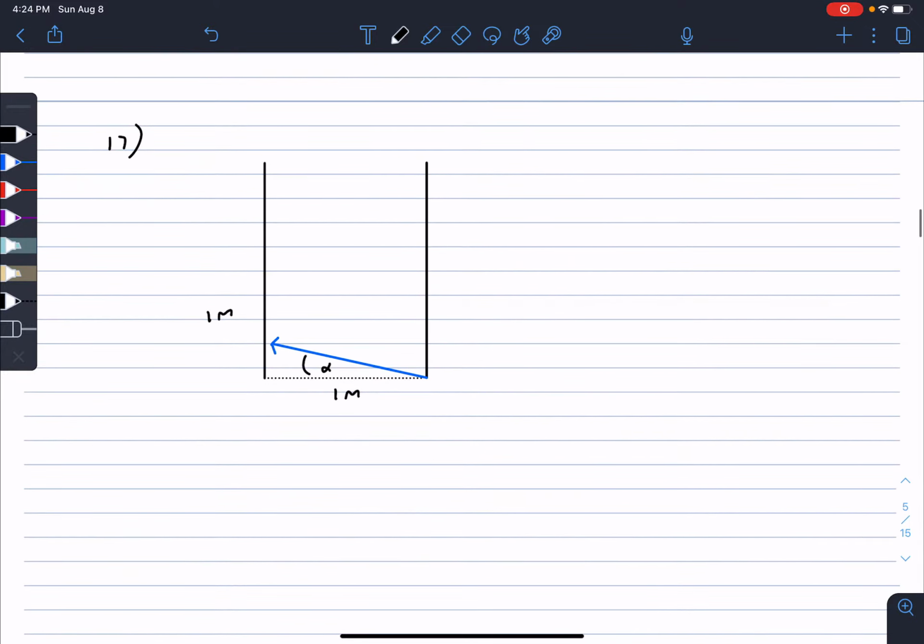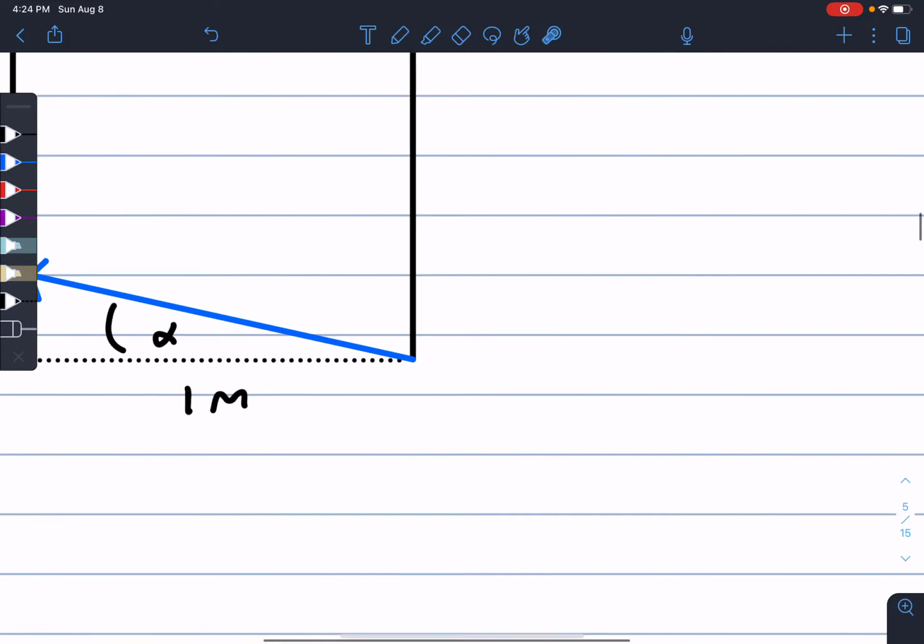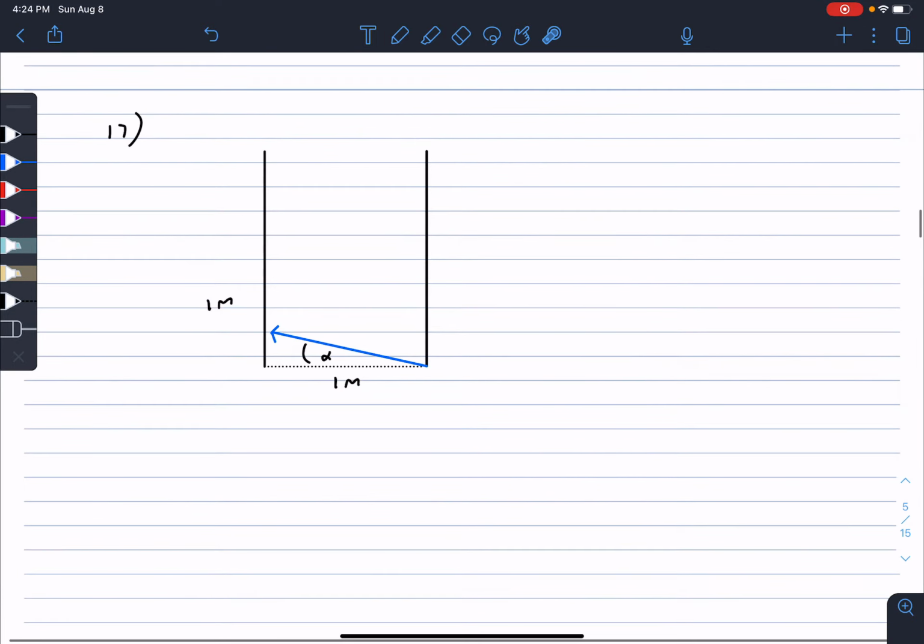Next problem, number 17. We're given two parallel mirrors, and then we have a beam of light being shot from the very bottom right here, and it makes an angle alpha with the horizontal, right? So it comes up here and it bounces off this mirror, and then it's going to continue doing so until it leaves, because these actually have a distance of 1 meter. So the total distance,